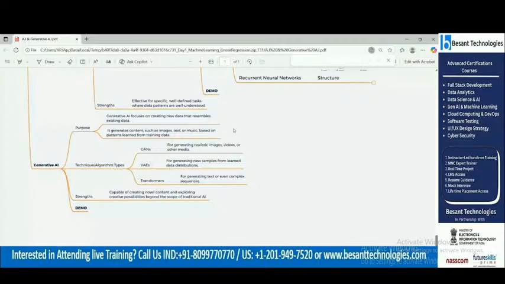Whenever you have data sets that already exist and already trained data, and you want to generate new samples from them, you will use this technique called VAE.